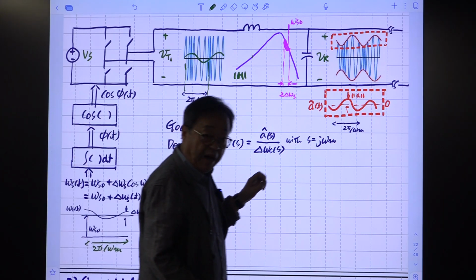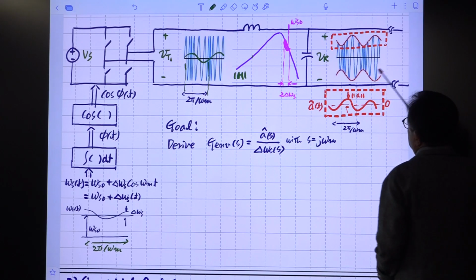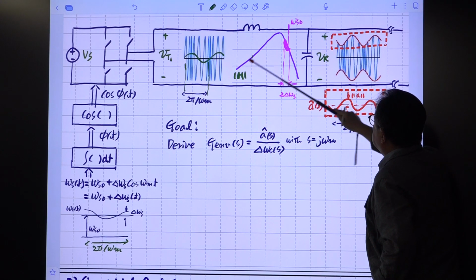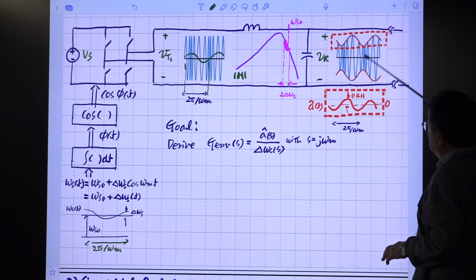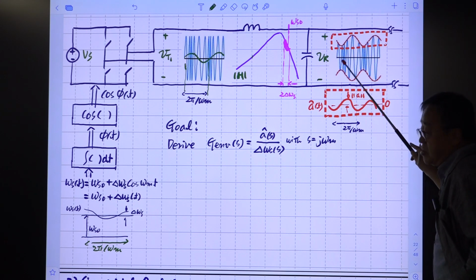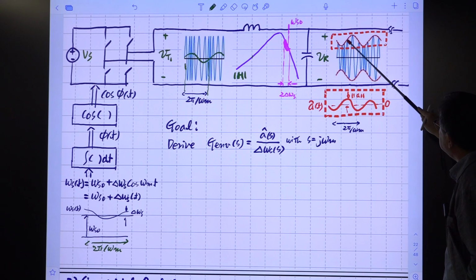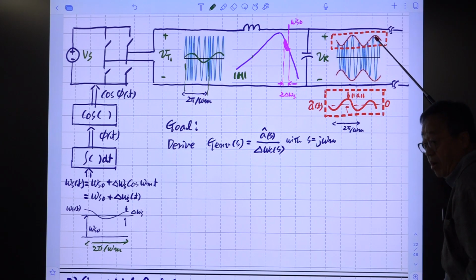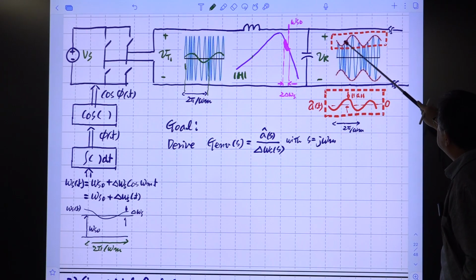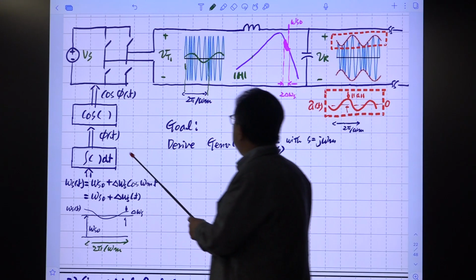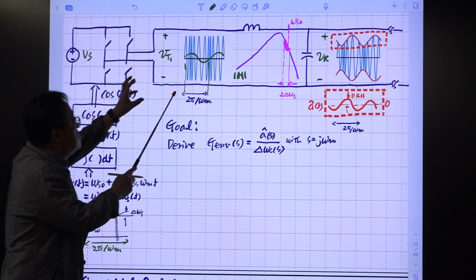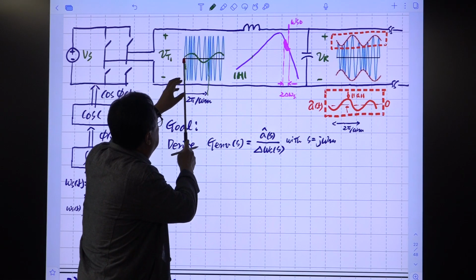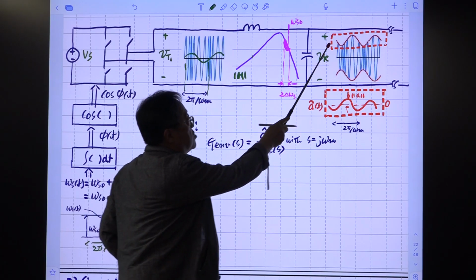Also, the amplitude is modulated due to this characteristic of this transfer function. So this is a very complicated waveform with the frequency modulated and also the amplitude modulated. So in here, if we connect the peak points of this, you have some type of envelope. Okay? This envelope varies in a sinusoidal manner, and the frequency of this variation is the same as the modulation frequency, because the frequency is changed according to this pattern. So we have the same pattern here.